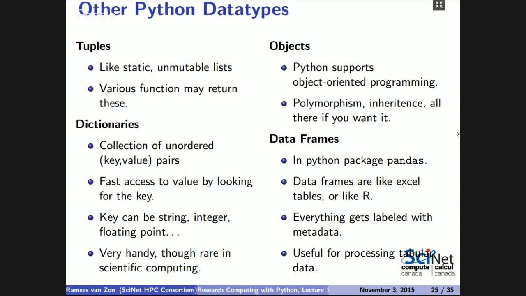Objects, just want to mention, they are there. Python can do object-oriented programming. All the good stuff is in there if you like that sort of stuff. We're not going to cover it because it just makes things more complex than they need to be for a 1-month course. Data frames, things like,